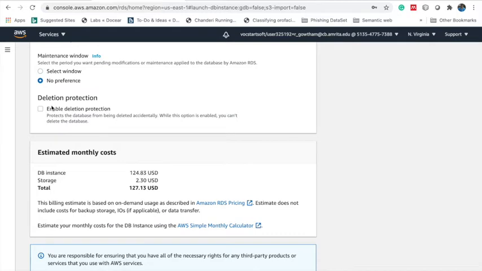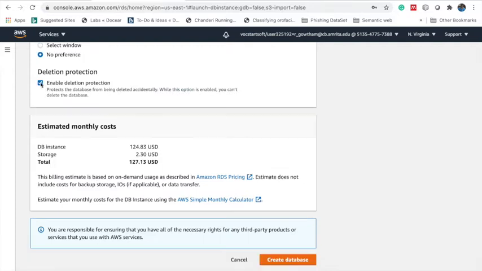If you want your database to be protected from accidental deletion, you can enable delete protection. And click on create database.